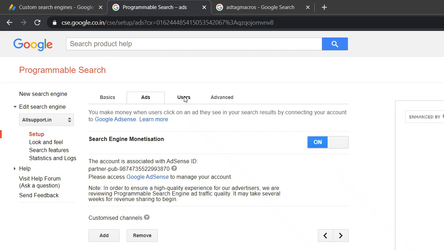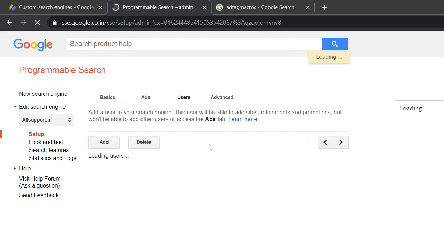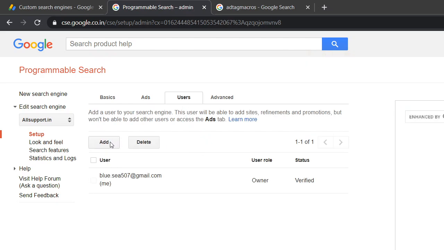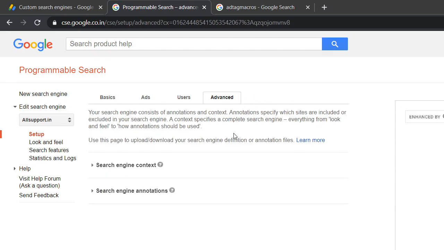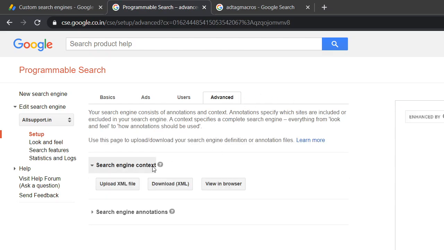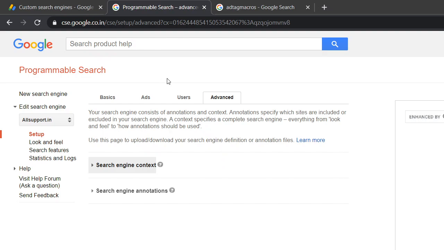Now if I want to add additional users, you can do it here and add some additional users. You can mention the privilege of those additional users, but we will not dive into that because it's not necessary. I'm assuming that you are the one who will be creating everything. So just make sure that whoever is creating this programmable search has AdSense access.